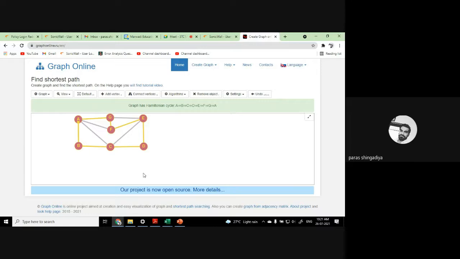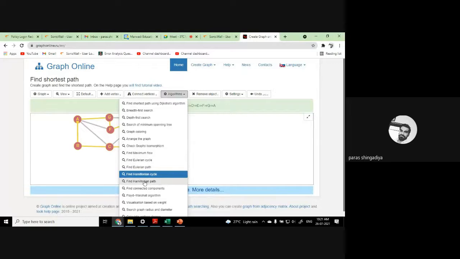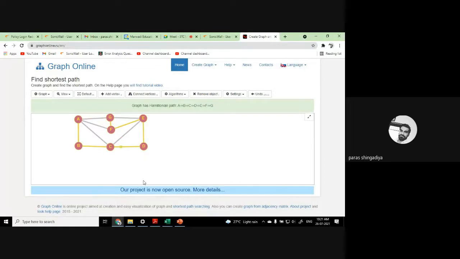Okay, and now we require the Hamiltonian path also. So just check it. Here the path will be A, B, C, D, E, F, G. As we know how we can create a Hamiltonian path, we just delete one of the edges of the Hamiltonian cycle. Okay, you have to remove any one edge of the cycle, and then it is an open walk from A, B, C, D, E, F, G.